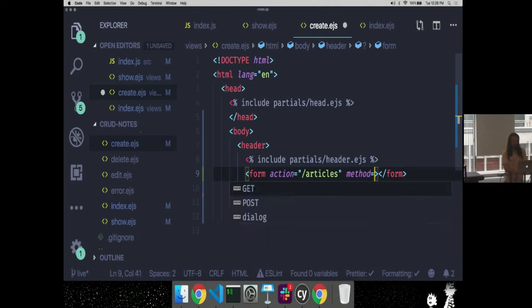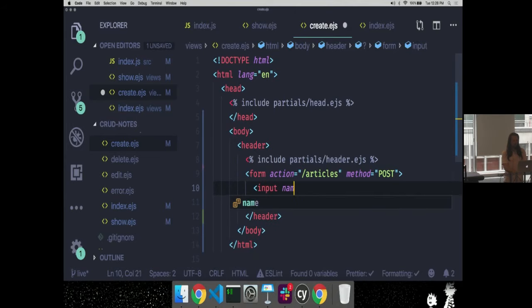And the method that we're going to use is the post method, because we're changing the state of the server. And so here what we want to do is have an input field with a name equal to title, right? This is how we know we're going to have data URL encoded on that post request if we add fields with names that match what we want. Type is equal to text. We'll do that as well.